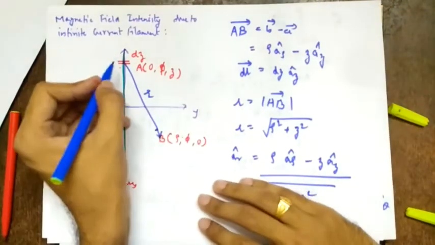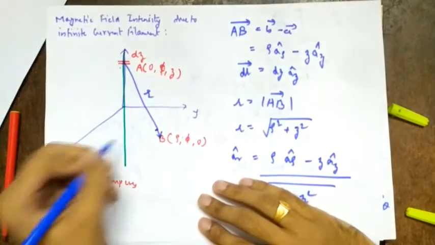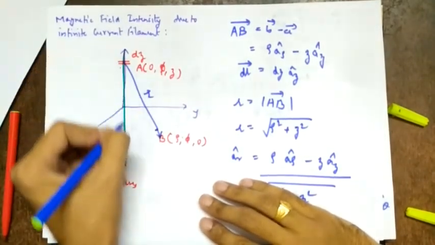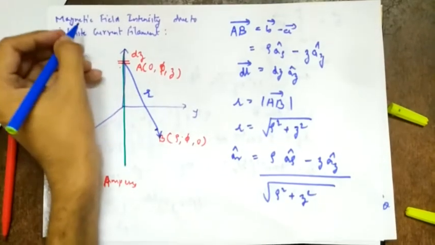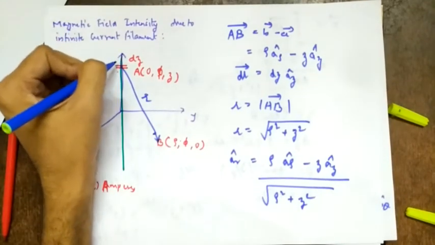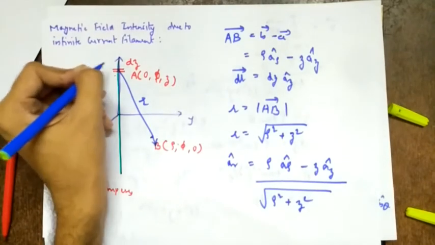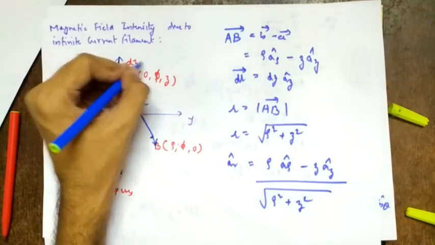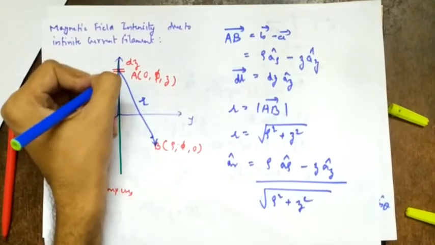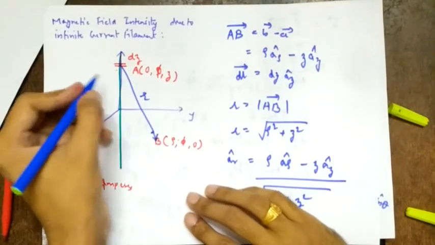So again, you don't have to just do mathematics, you will write. Again, I'll tell what we have to write. Consider an infinite current filament placed at the origin along the z-axis. Since the current filament is infinite in nature, we cannot solve for the magnetic field intensity directly. So what we do? We divide the infinite current filament into very small segments, each of length dz, so that dl vector equals dz az cap. Why dz az cap? Because it is oriented along the z axis, so the corresponding vector will be az cap, right?